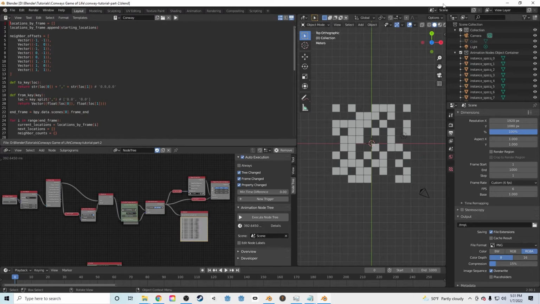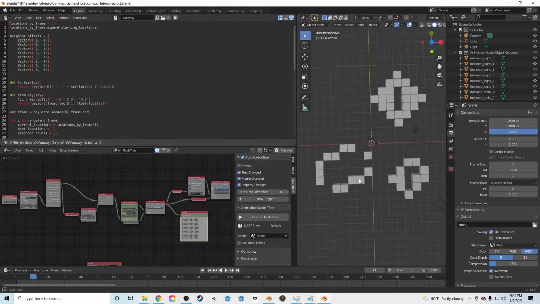Long time no see. The last time I think we talked, I was showing you how to put Conway's Game of Life into Blender. And today I am going to show you the missing ingredient, creating an initial configuration customized by you. So I believe this is where we left off. We have a working Conway using cubes